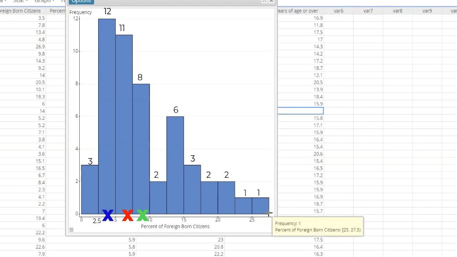There's actually a slightly better measure of spread called the standard deviation, which is the average distance of each of the data values from the mean. And that measure of spread, I usually just estimate by taking the range and dividing by 4. This is called the range rule of thumb. So if I take 27.5 and I divide by 4, I'm going to get 6 and, what is that,